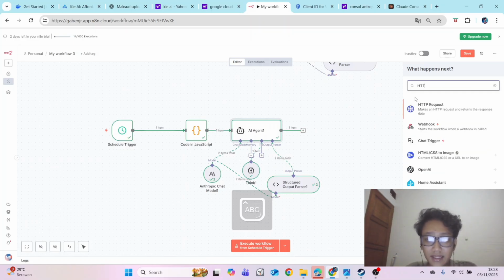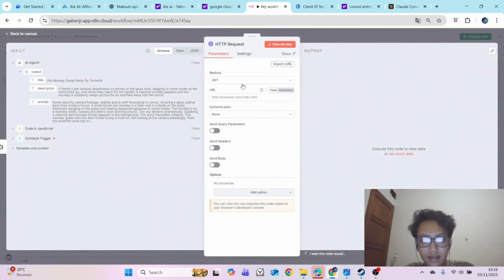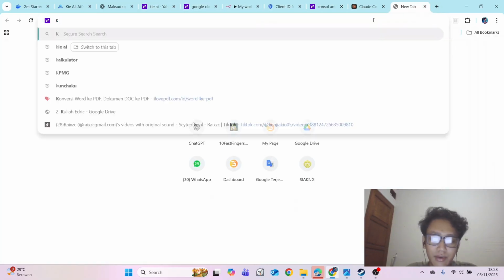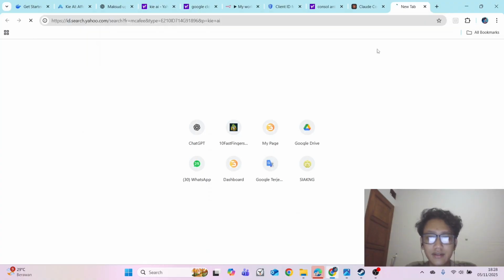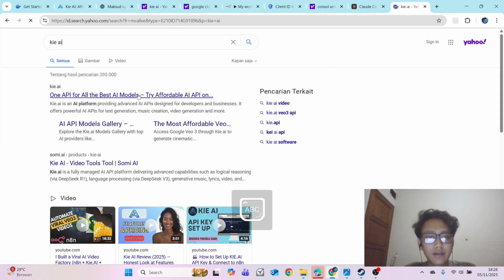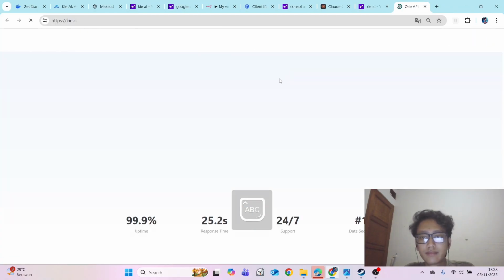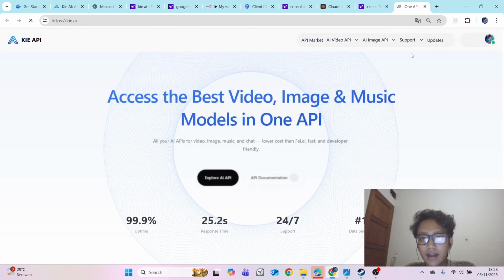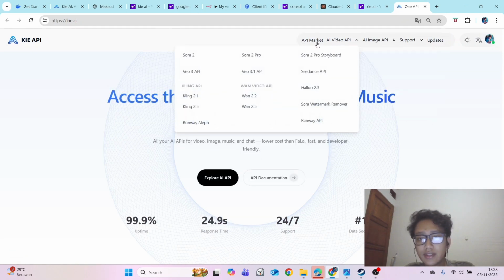Okay, so after this you go to the next step, you need to put the HTTP request node. And as you can see here, you open Kie AI in your web browser, and after you log in, you go to the API market.